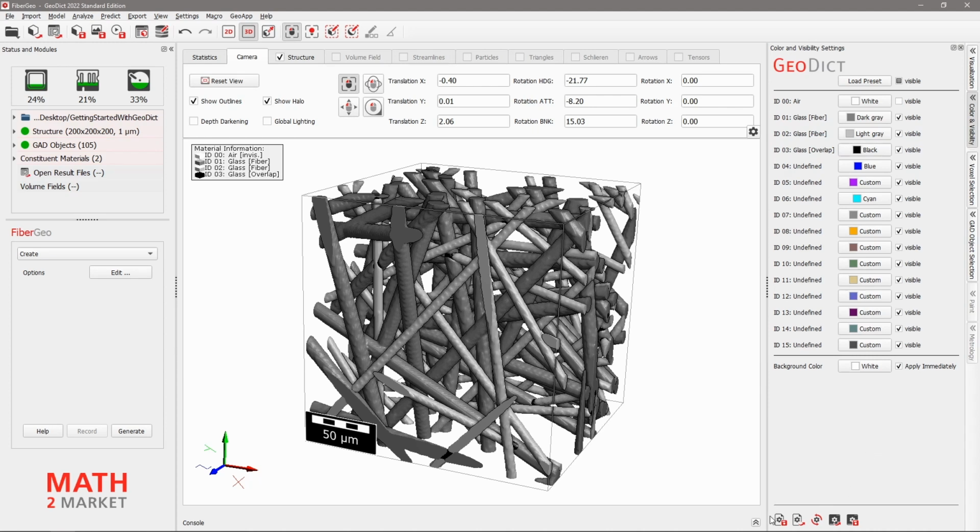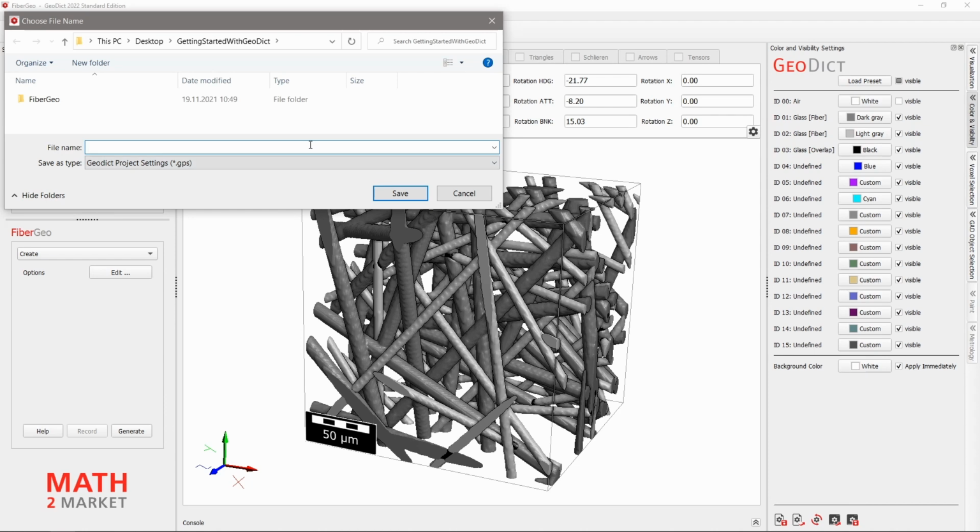Now let's assume that you want to save your settings. You like your colors and you want to reload them at a later time. You can do that with the 5 icons down below here. These 5 icons can be found in every Geodict dialog, and they work everywhere the same. For example, you can save your settings of the dialog. Therefore, click on the first icon, save current settings to file. As you can see, the project folder just opened. Everything is saved in your project folder, also those settings files. I will call our settings file Grayscale Colors. Click on Save.